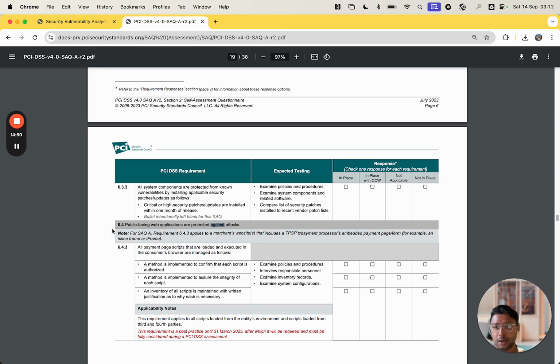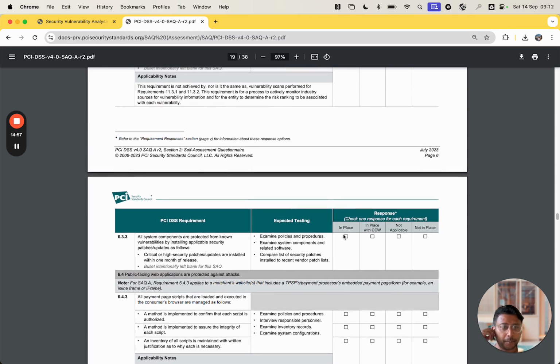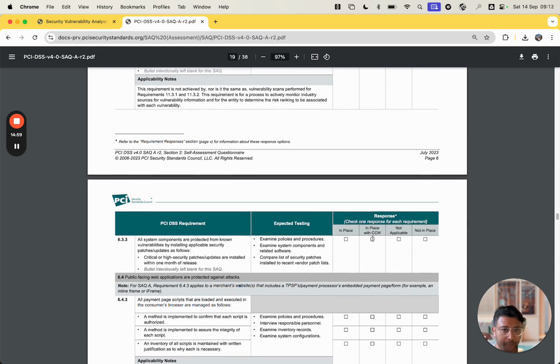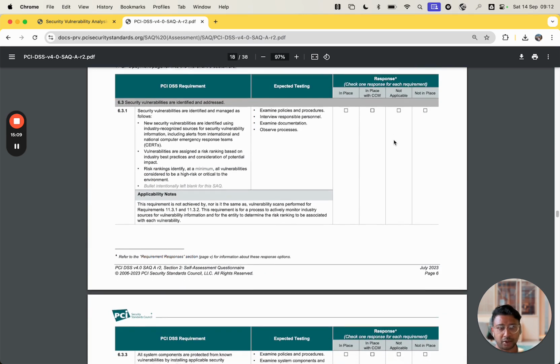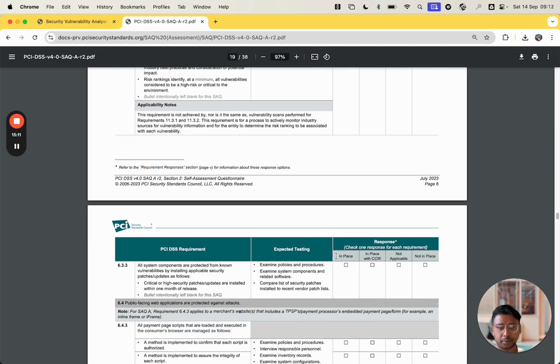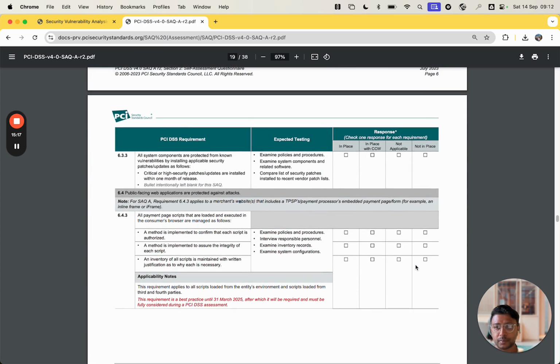All right. So now 6.4, and depending on whether you have this in place with compensating controls. Compensating controls, don't bother about it now, I'll create a separate video. Not applicable, not in place. Exactly the same way I mentioned in my previous videos, you just put it in place. Not applicable, not in place. So yeah,